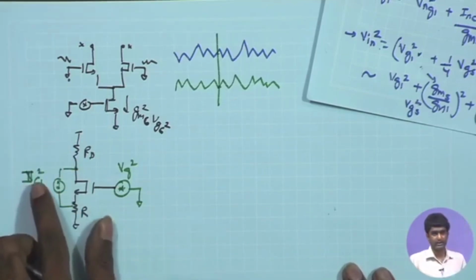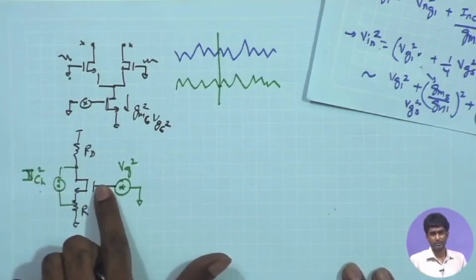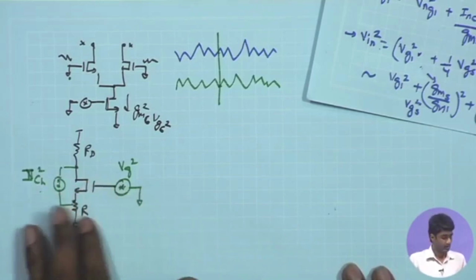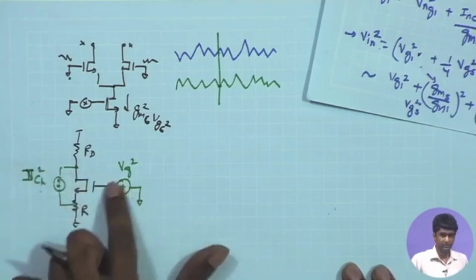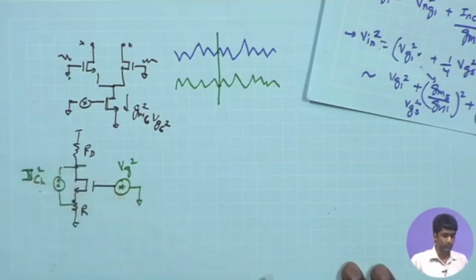I cannot directly divide this I_CH square by gm square and get an equivalent gate noise voltage. That can be done only if the source is grounded. Therefore, let us first consider the Vg square. Now, if I consider the effect of Vg square and find out what the output noise is because of Vg square,